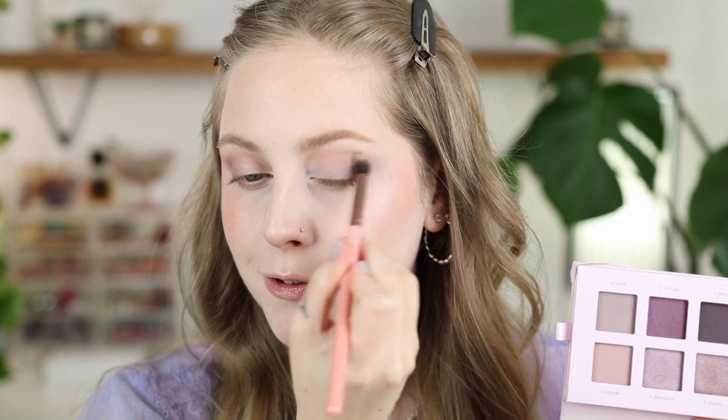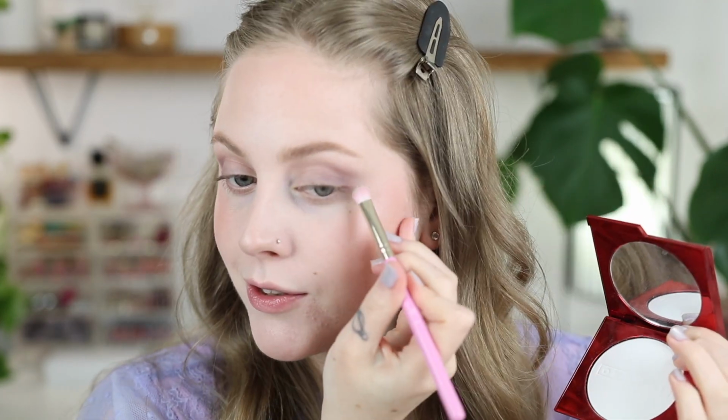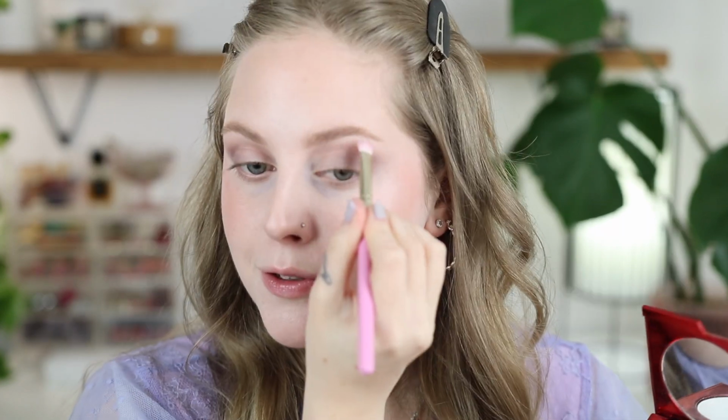If you need help blending, just go back into one of those first two shades, going over those, make everything look really seamless. Another good use for this one size white powder foundation, just on a smaller brush, you can clean up the shape of your eyeshadow. You could also just do this as a brow bone highlight and inner corner,